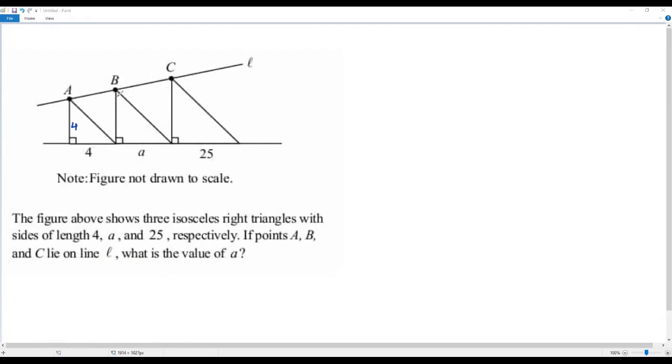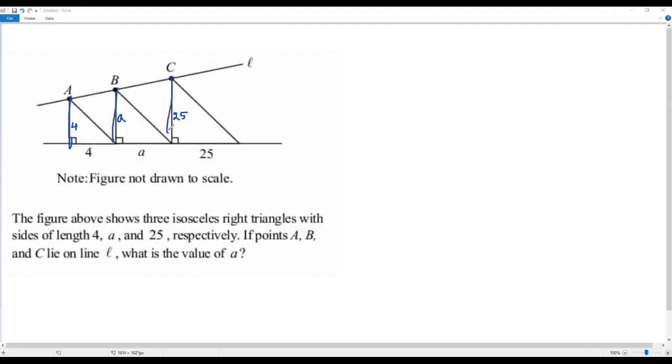The same thing we can consider for this right triangle as well. So it's an isosceles right triangle, then the length of this leg has to be A. And in this isosceles right triangle, the length of this leg must be 25. Okay, here we can consider the three vertical line segments over here. This one, and this one. All of them are perpendicular to the same horizontal line we have over here. Since all these three vertical line segments are perpendicular to the same horizontal line, we can consider these three vertical